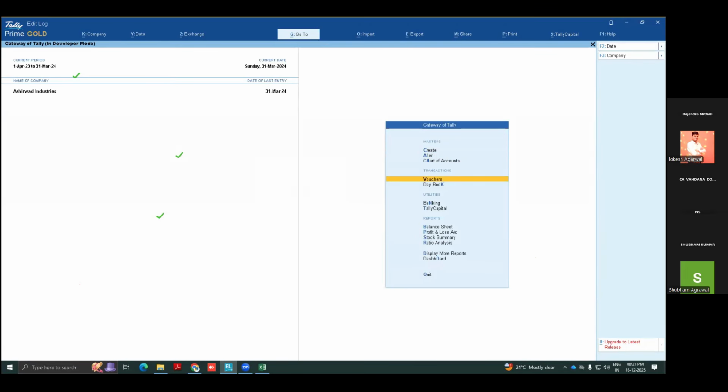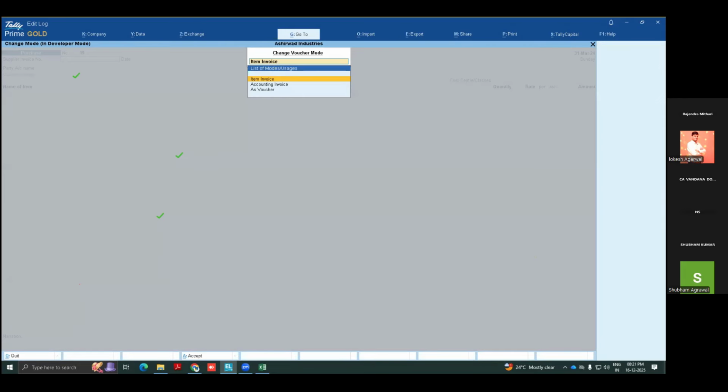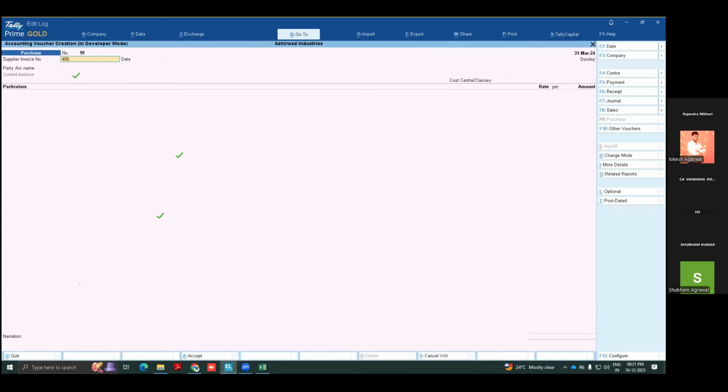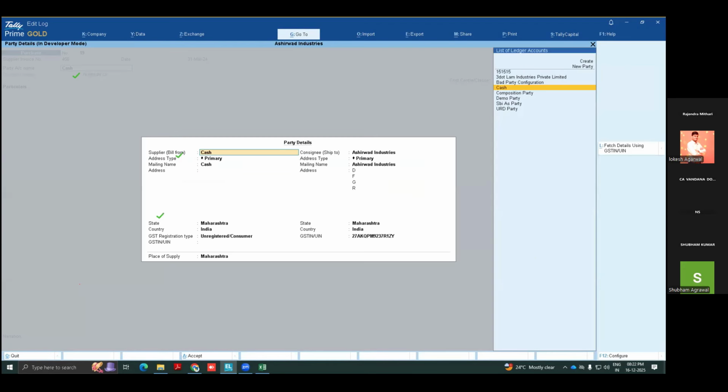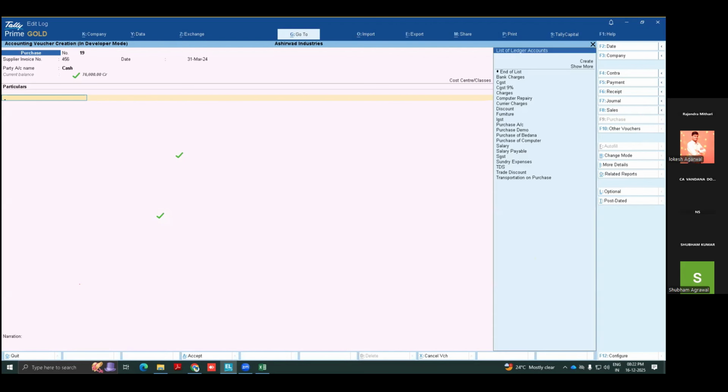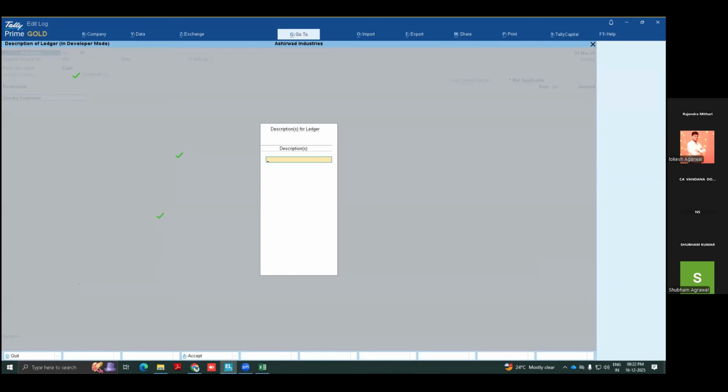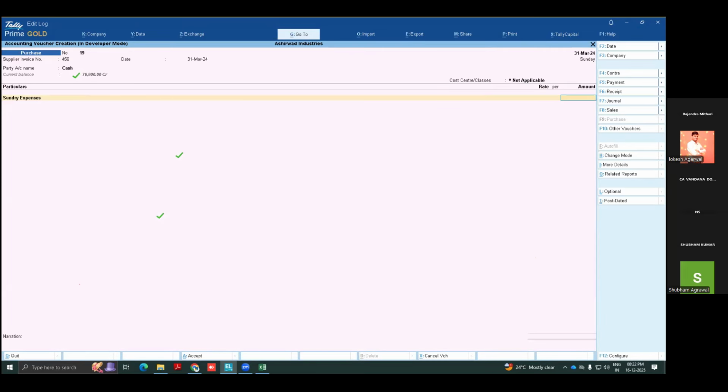See here, as we know Control H, accounting invoice, we can take bill numbers and by any cash or whatever you want. And here in the expenses ledger, what you have to do, the configuration, I will show you. Just a minute. Let's see sundry expenditure. It may be loading charges, handling charges, cleaning charges, whatever, cold storage charges to keep that material in proper storage. That is also possible.